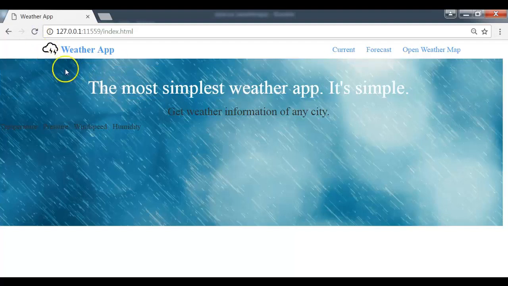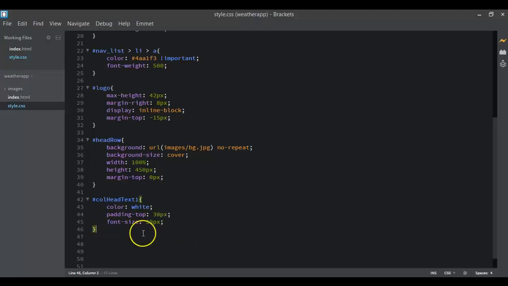Now we see how it looks. Here, it looks much better. The most simplest weather app. It's simple. So we've added the CSS property. Let's do the same for this text and this one as well. So for the other one,